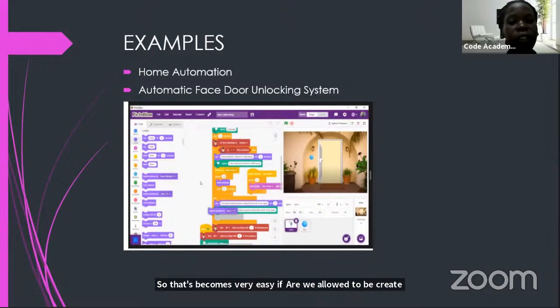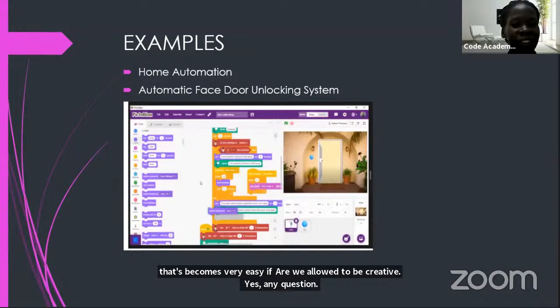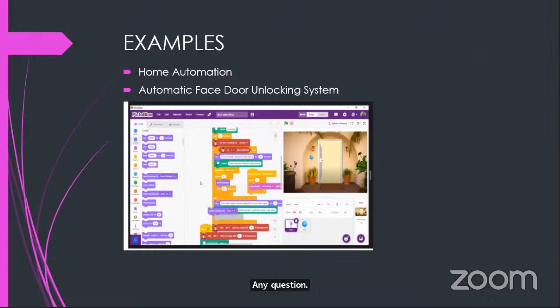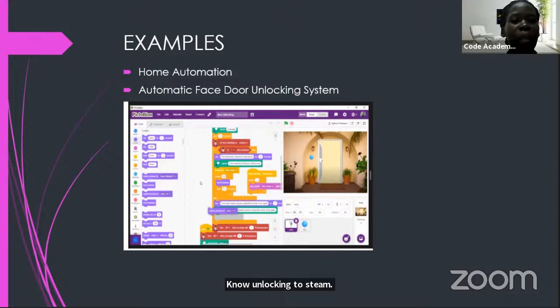Yes, any question? What is an automatic face door unlocking system? Okay, this one, if you create a project, so for example, Ella, if you come home and want to enter a house, you don't need to open with a key.